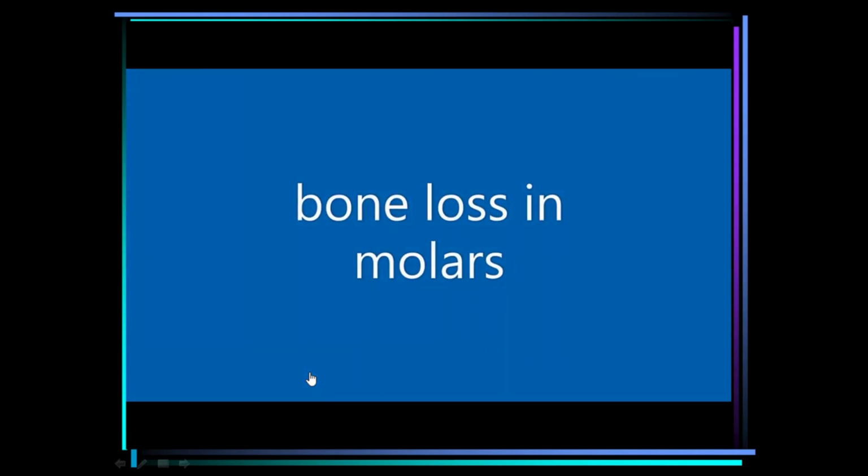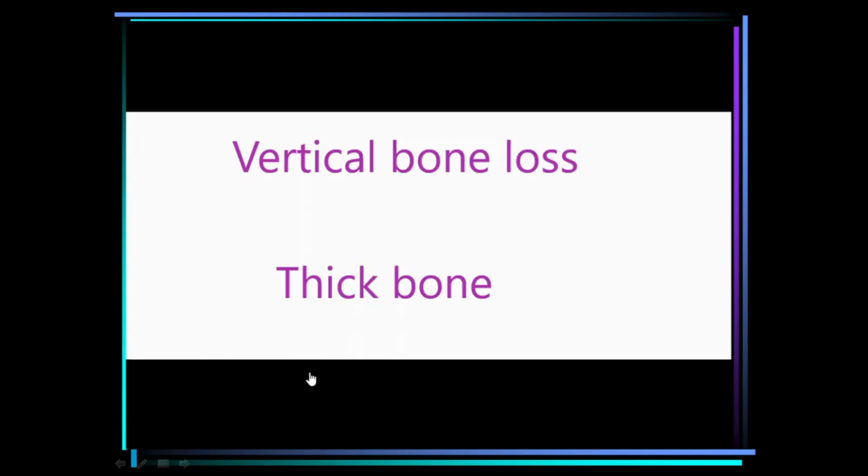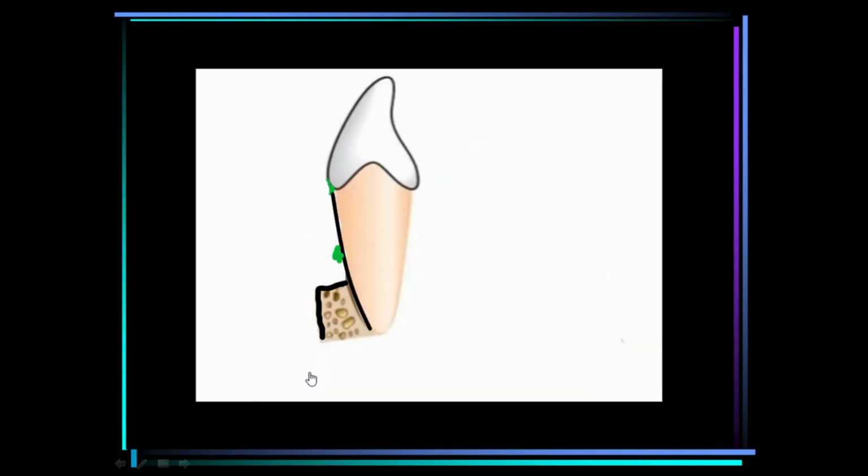Now we'll see how bone resorption will be in the molars. Thin bone, facial or lingual, deposition of plaque. We draw the radius of action that I have already explained to you, and resorption of bone. Now what is the pattern of bone loss? It is a horizontal pattern. Now we'll see how a vertical pattern of bone loss is formed.